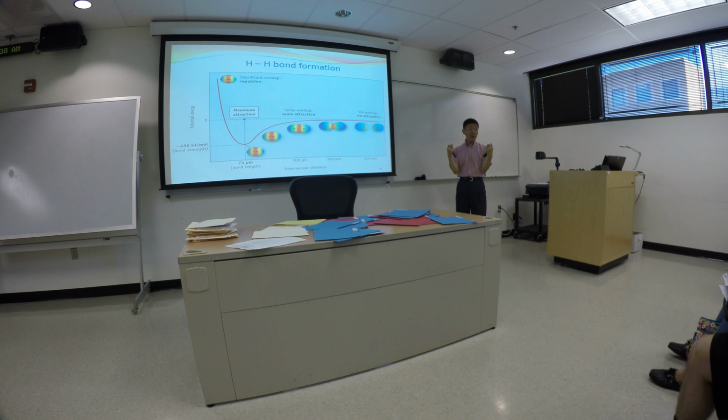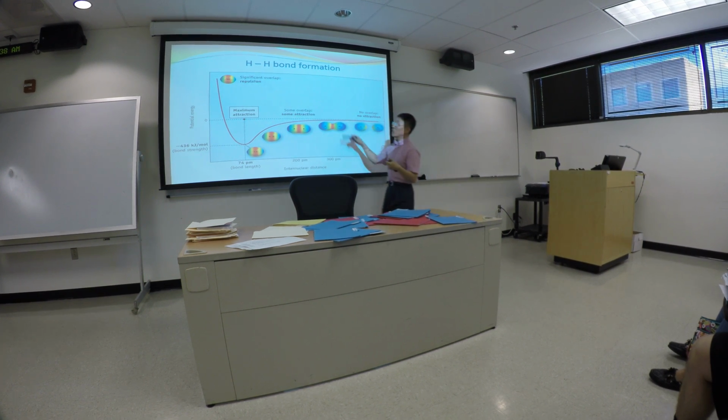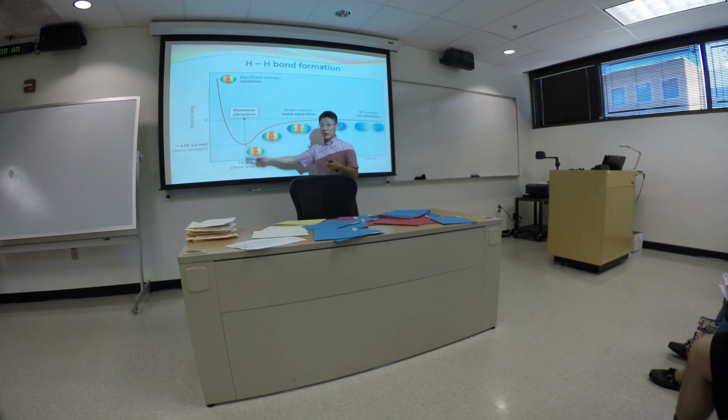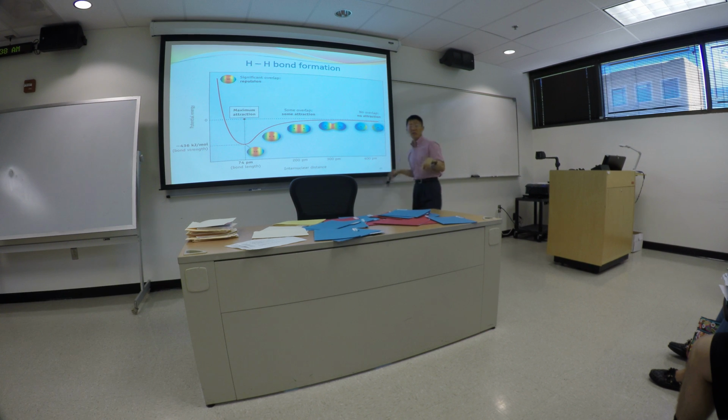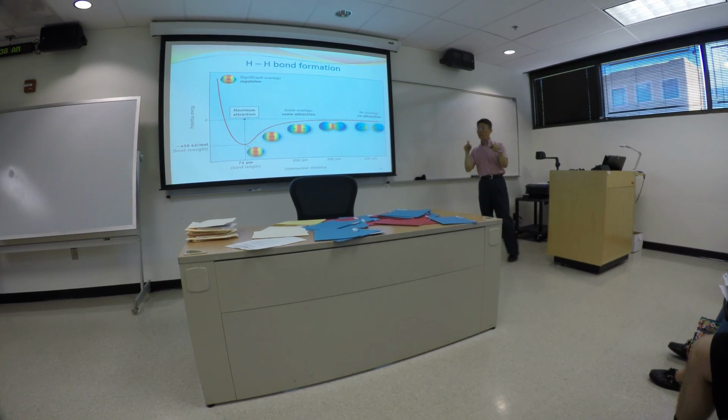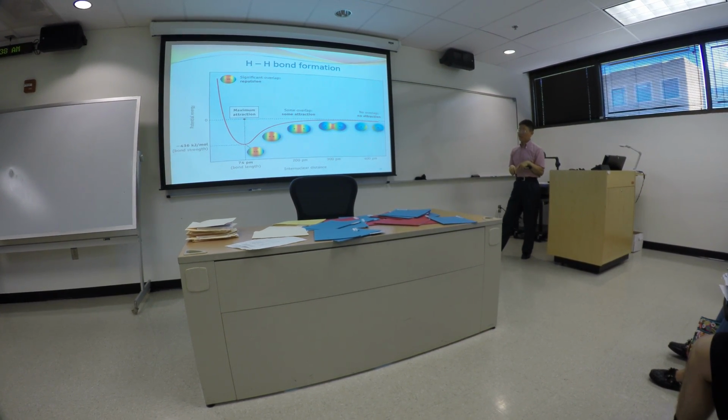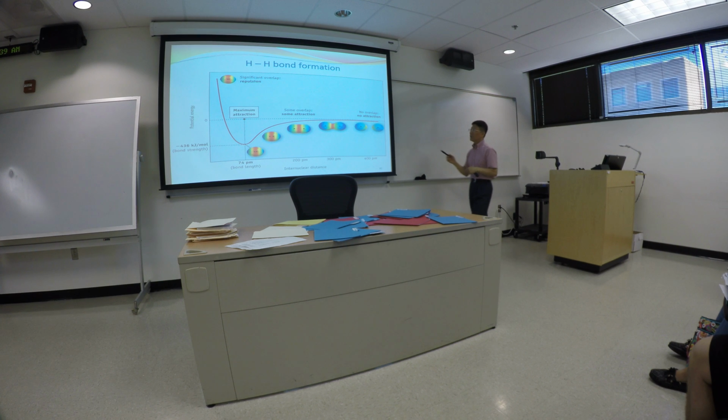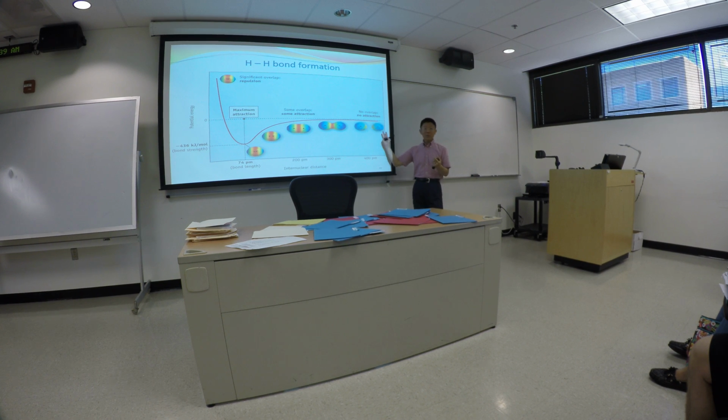They start to repel. So the most stable form of a hydrogen molecule is when they have a distance of 74 picometers between the two positively charged centers. Anything too close will result in repulsion. Anything too far apart will also result in a requirement of higher energy,